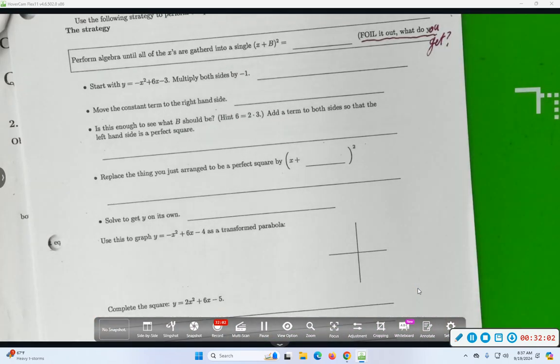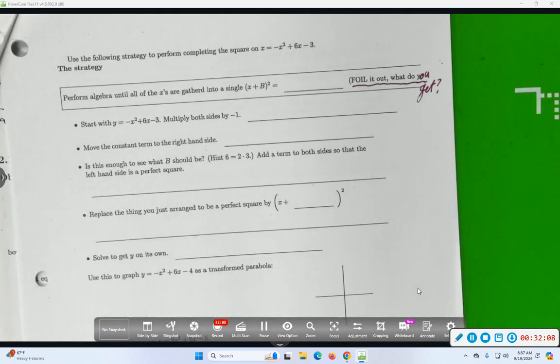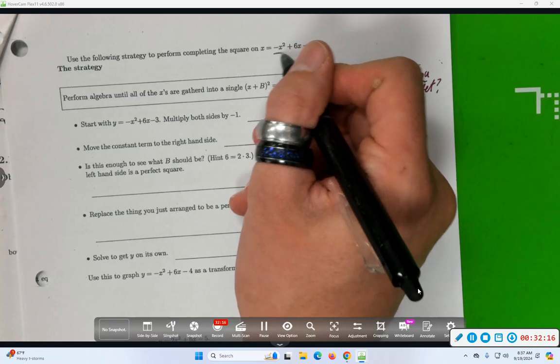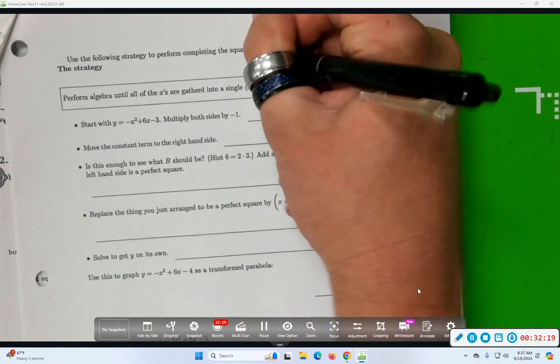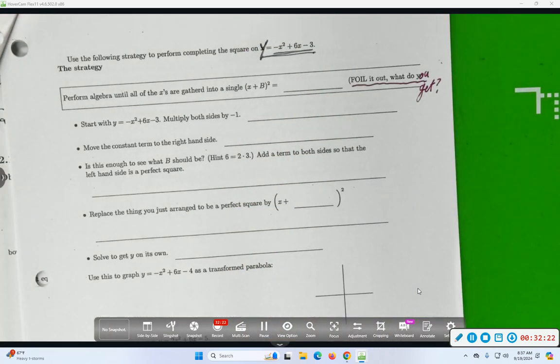So, let's do this. In order to demonstrate the strategy that you can use to extract a formal algorithm, let's just apply the idea of completing the square on this. That should be y equals. Let's try to apply completing the square on that. And here's the plan that we'll use. What we'll try to do is gather all of the x's in that formula together into a single thing that looks like x plus or minus a number squared. And in order to figure out what that'll look like, before we even start this algorithm,